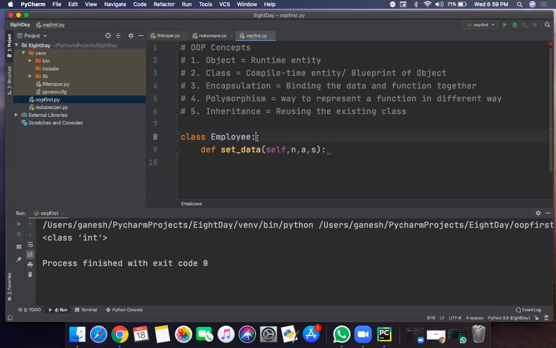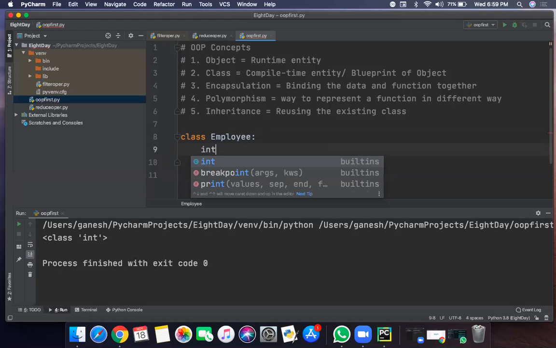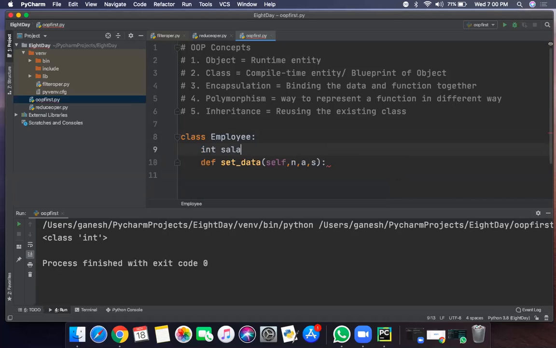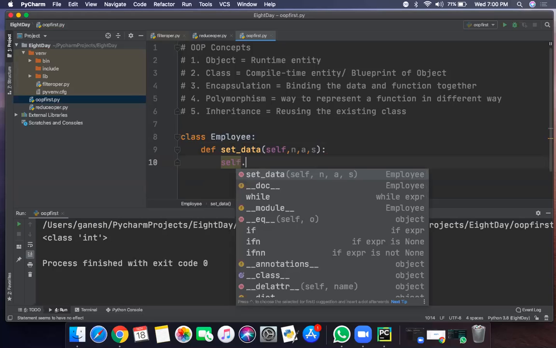Actually in Java and C++, we will first create the data member here, for example integer salary, and suppose integer age, like that. But here in Python, if you want to create object related or class related operations, you can create them in the function itself. If you want to create the data member, you can directly create it here itself. So how to create? I want to create the object data member. So use self dot,